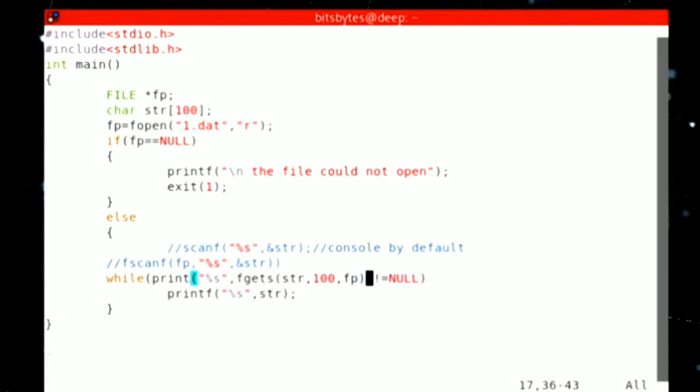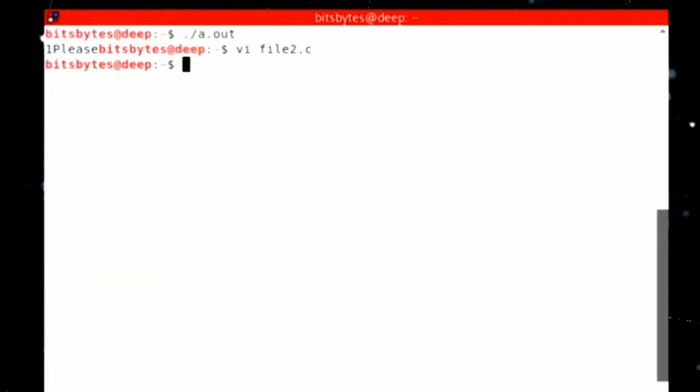If I write like this, and if the character pointer is not equal to null,